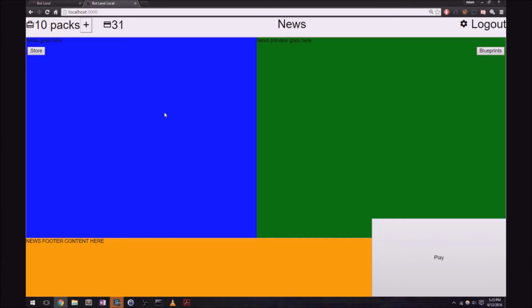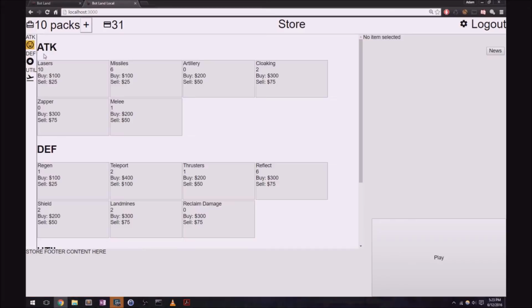I've largely ignored the news page for now, so there are just some colorful placeholders. What I did spend some time working on was the store. This is functional, although you'll still find some placeholders here. You see store footer content here and picture of lasers goes here, but I can sell items and I can